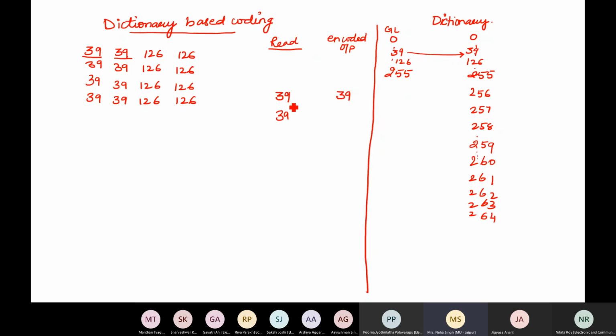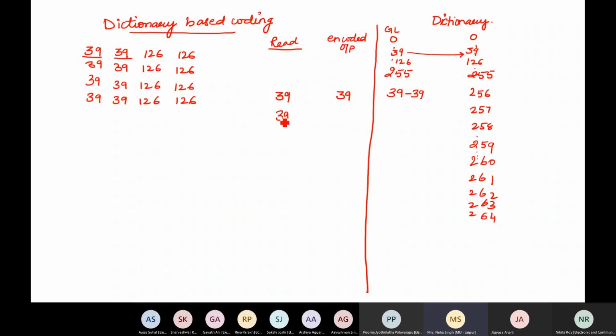So the value which was encoded is 39 followed by one new symbol which is 39. Right? So the new entry in the dictionary would be 3939, so that in future, if I get 39 followed by 39, instead of writing this code two times, I'll simply write 256.